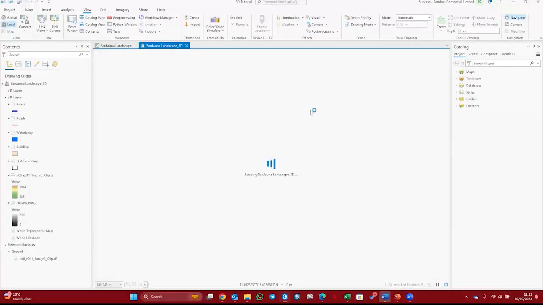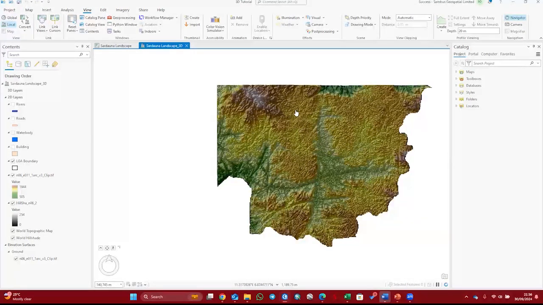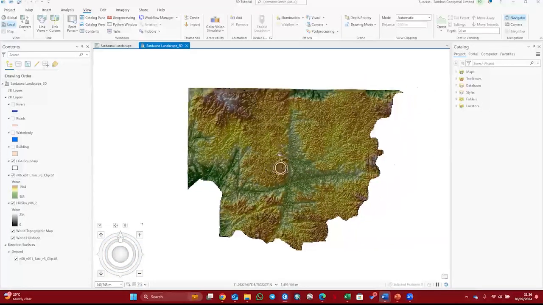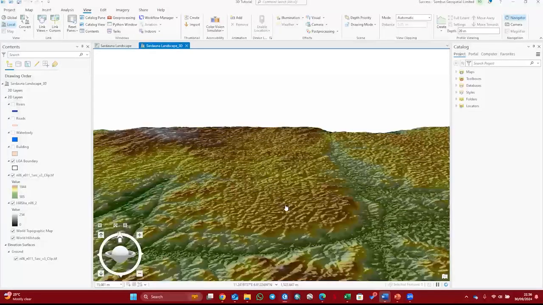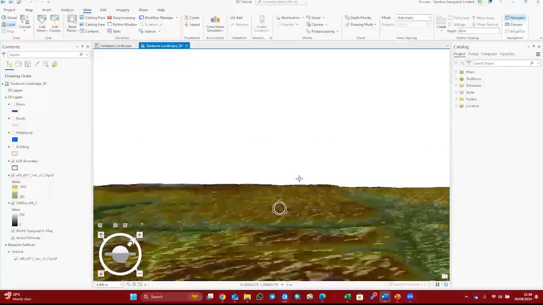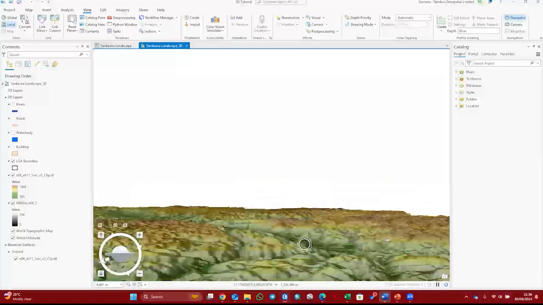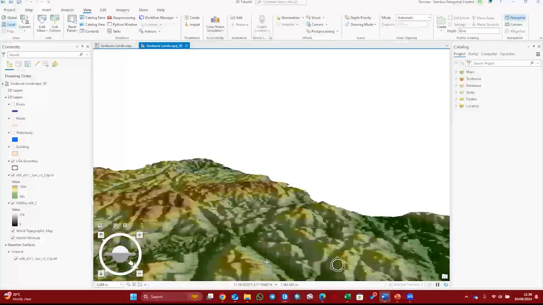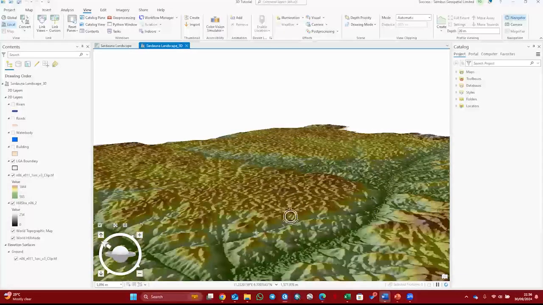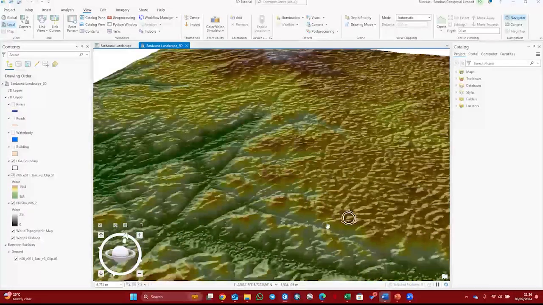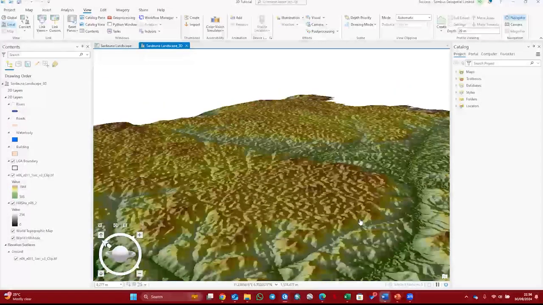So here we are. It's trying to load. So this is our scene. Then you can play around it. You can see it's taking shape, but it's not really giving us that. This is the elevation, this is what it looks like. So from here you can actually do what we call